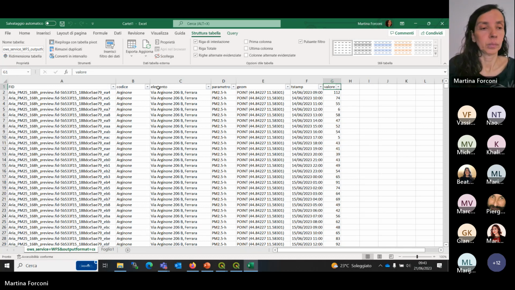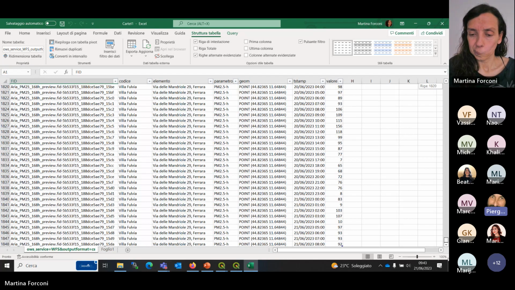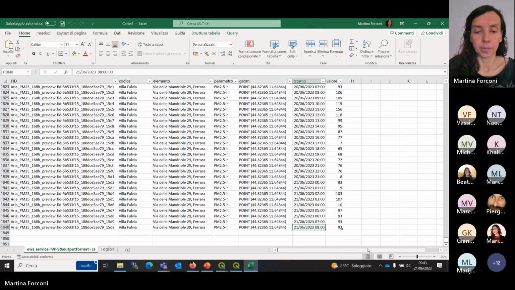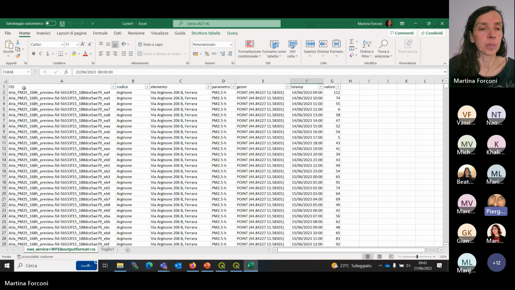So the last value should correspond to 9 o'clock this morning, more or less. And this is a way to make data interoperable. 8 o'clock this morning. So they are not real time, but near real time. And it is a practical example of how to make data available in an interoperable way.